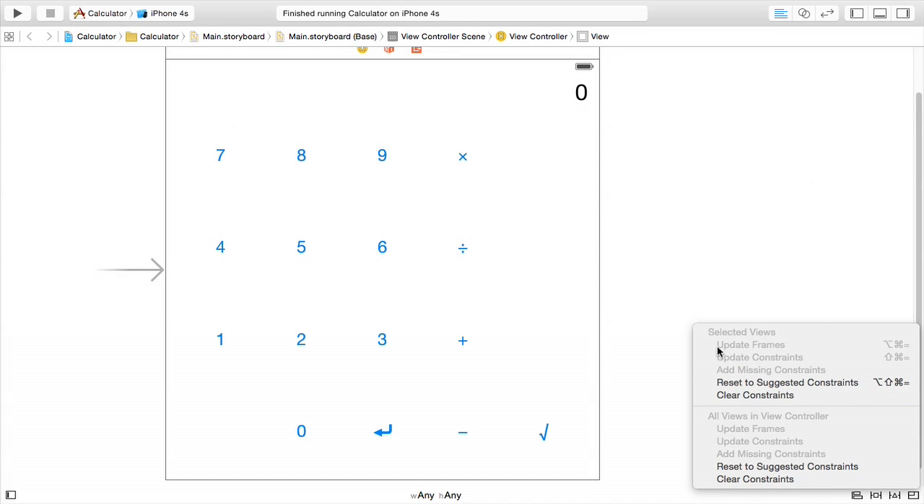And you can see the top section here is the selected views. I don't have any selected here, so this wouldn't do anything right now. But the bottom is all views and container. And I recommend going down here to all views container and clearing the constraints entirely. Reset to